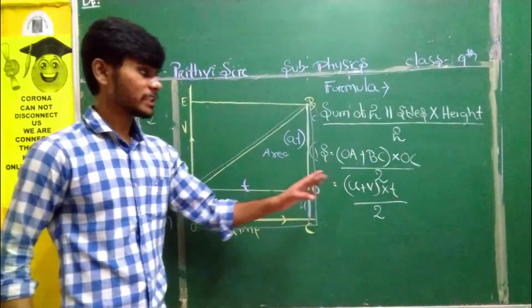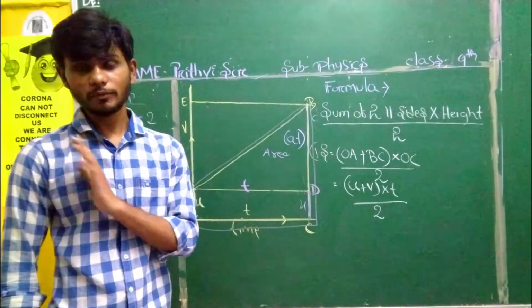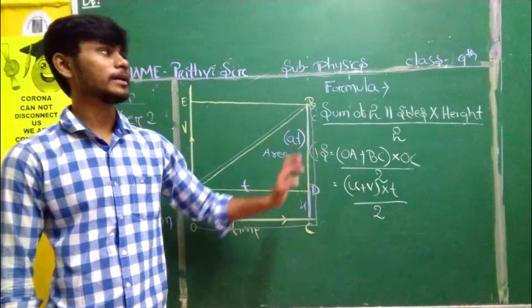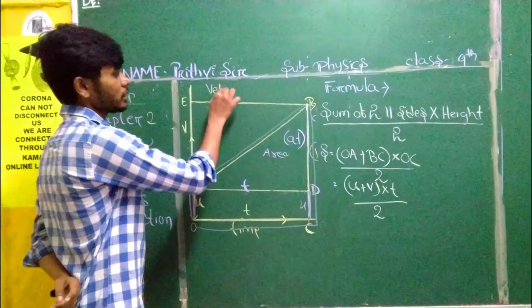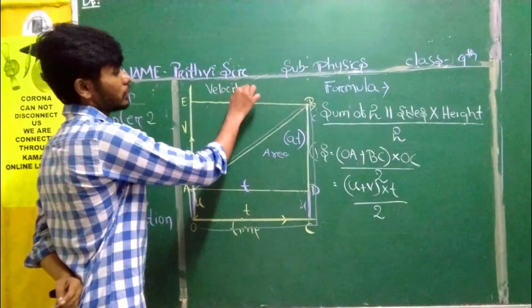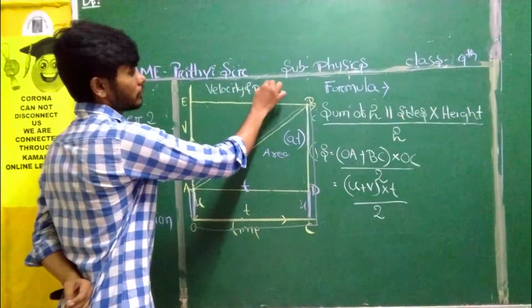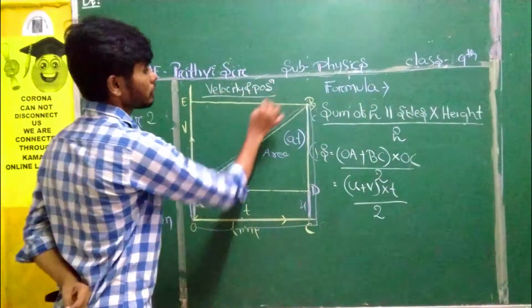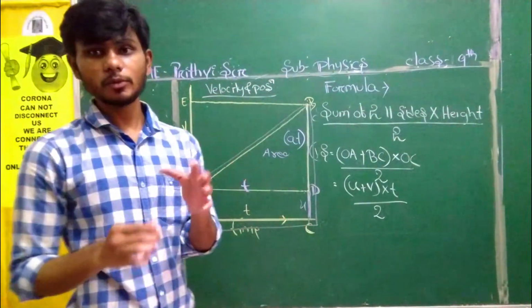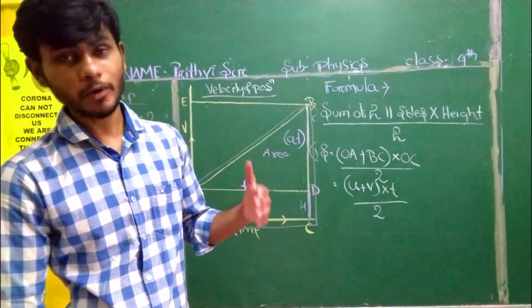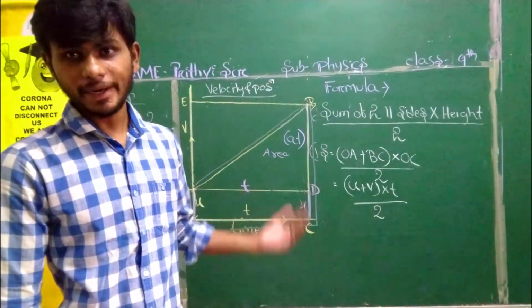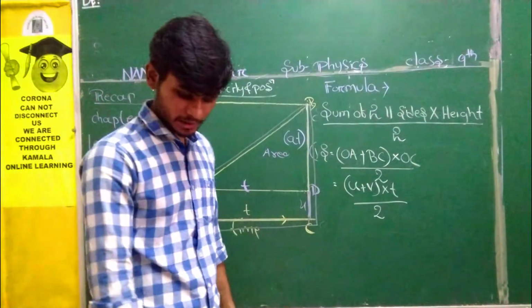Here there is no place for T. One thing I would love to clear: there is no place for T. Why? Because this third equation is the relation between velocity and position. If T comes, you need to replace it with some other value which we have already found out in our previous pattern. Okay. From here, students, what did we get?